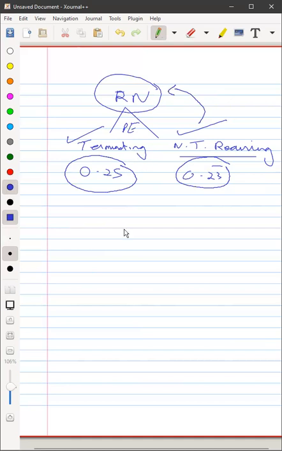Is this understood? So if I give you something like 0.2315612 bar, is this a rational number or an irrational number? Rational number. Why? Because it's a non-terminating recurring decimal expansion, so automatically this becomes a rational number. And obviously 0.1256 is again a rational number. Why? Because it is a terminating decimal expansion.